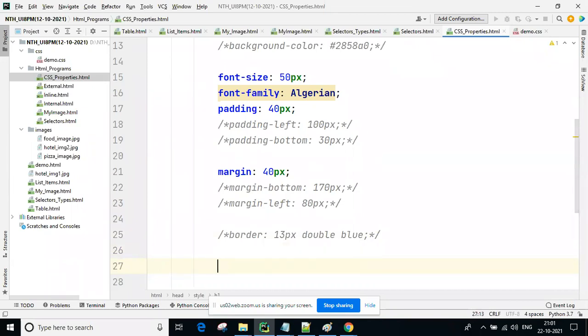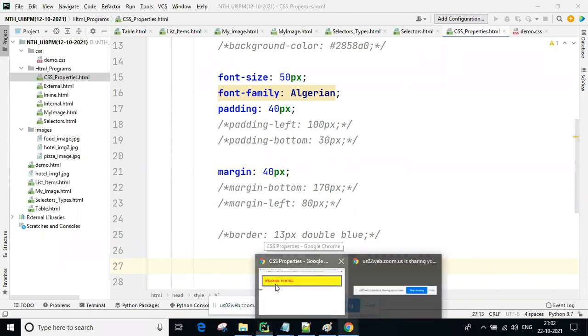Left side, I want to get a double border. Right side, I want to get a dotted line. Left side double border, right side dotted. Then how are you writing it?